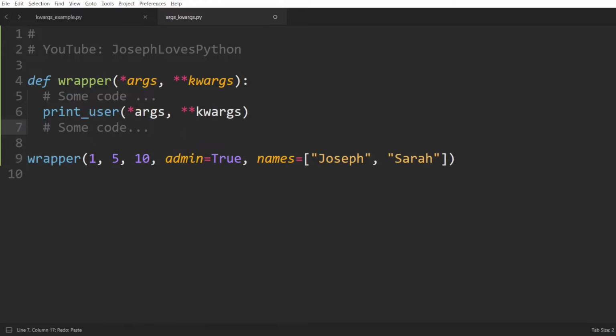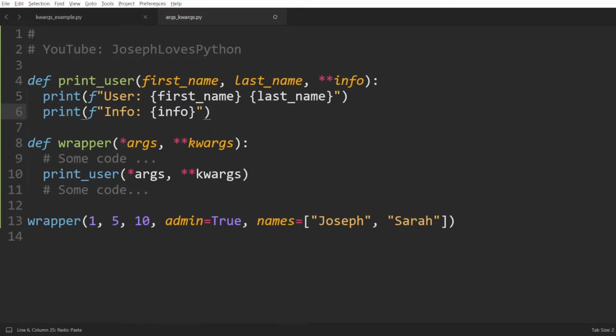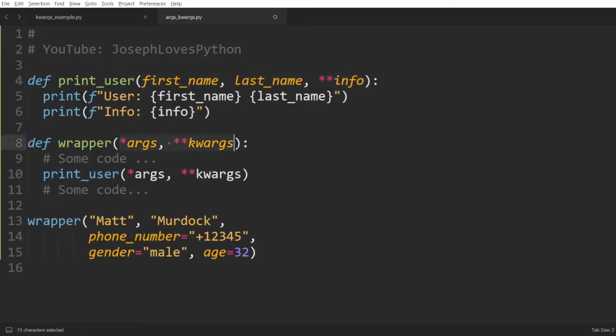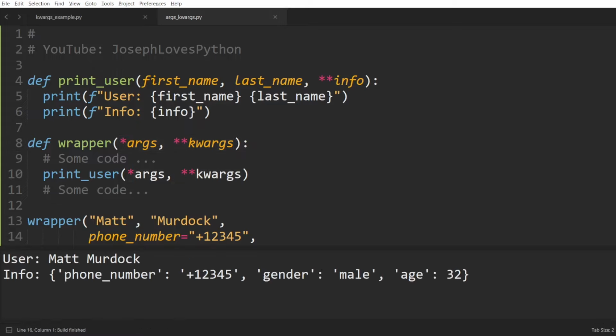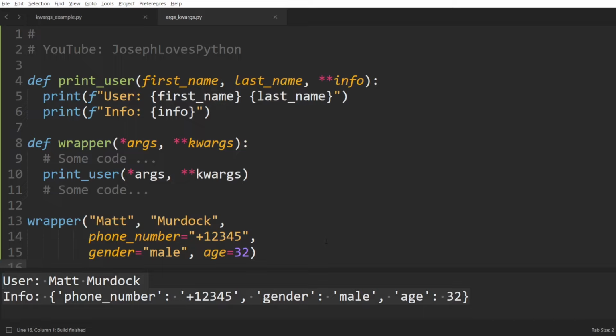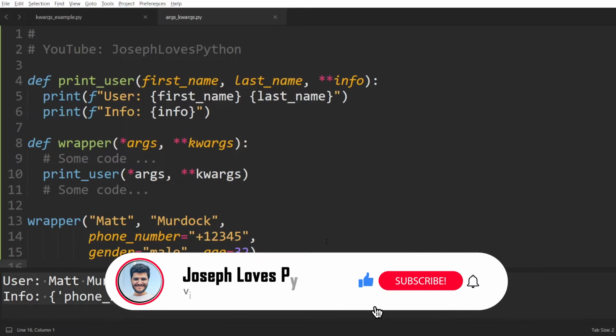This can be super useful in some applications, such as when writing a function that needs to call another function without necessarily knowing what arguments this other function accepts. In this way, we can simply take in arbitrary arguments, both positional and keyword arguments, and simply pass those down to any other function. We will see this in more detail in a future video on decorators I'm working on, so